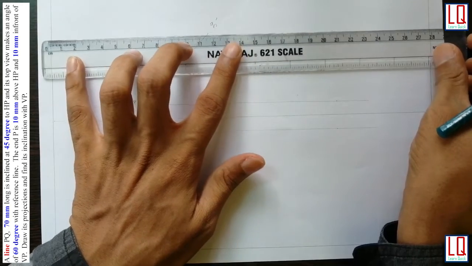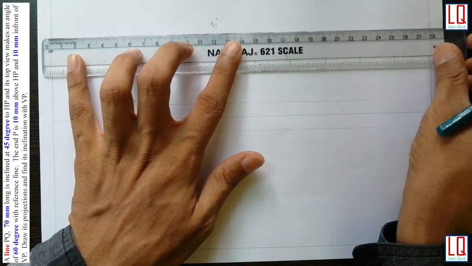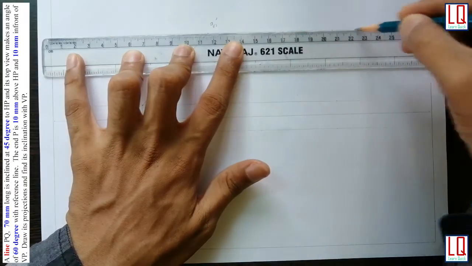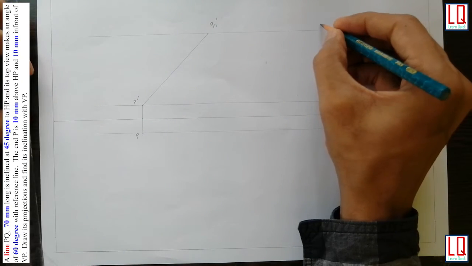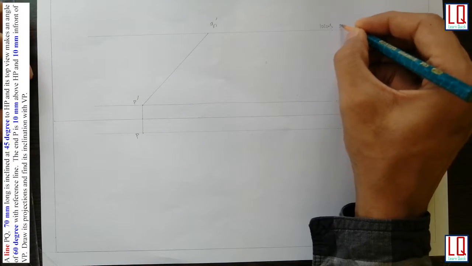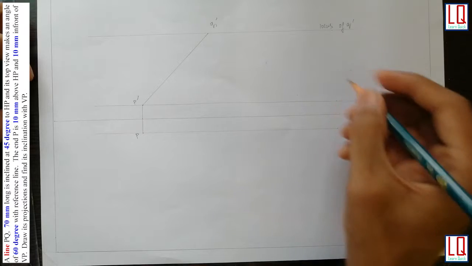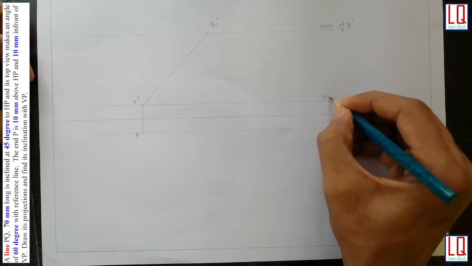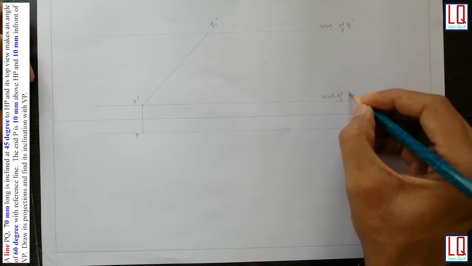Now draw the locus of Q dash and write down locus of Q dash, locus of P dash,